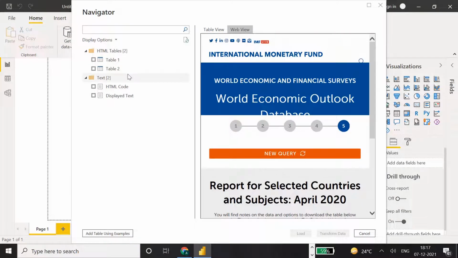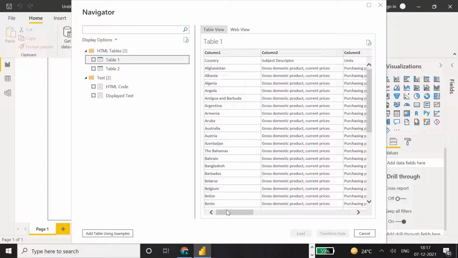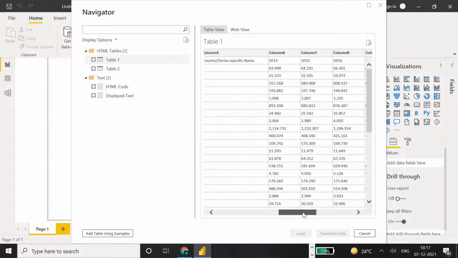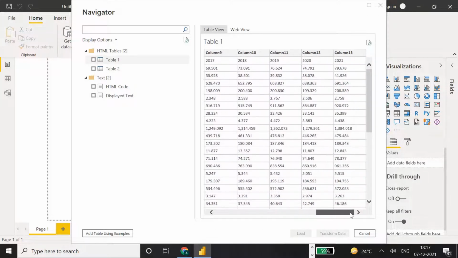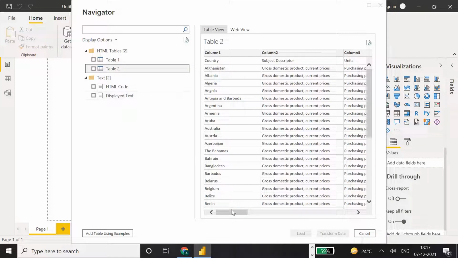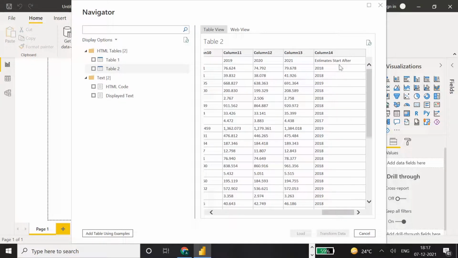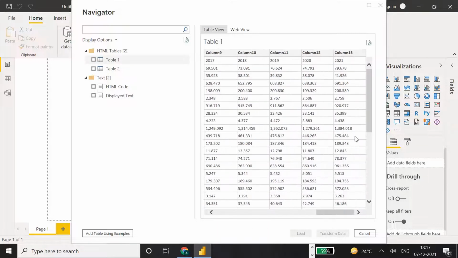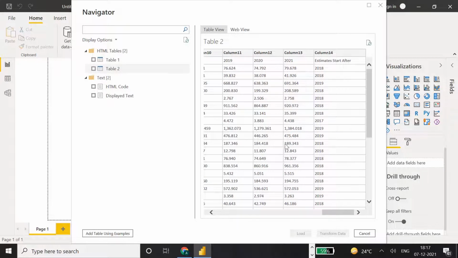We can do this as well, but to view the data, let's see table 1 and table 2, which are showing here. You can see there are countries, then there are descriptions, and there is year-wise data as well as GDP. In table 2 as well, you can see it's a kind of similar data, but I think there is an additional column here which is not in the first. I think both are the same, just an additional column. We don't need the second one.